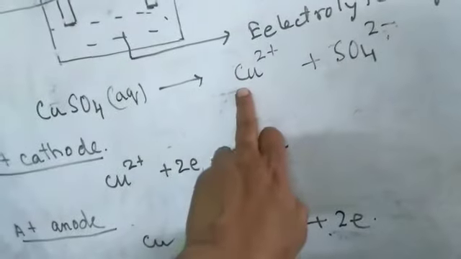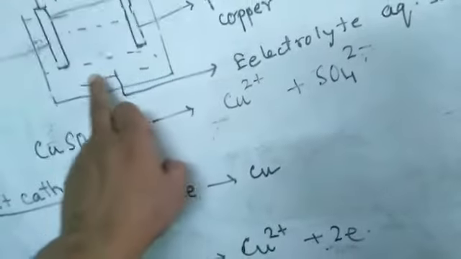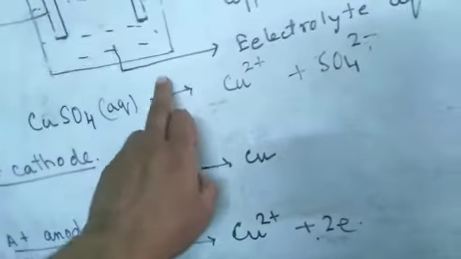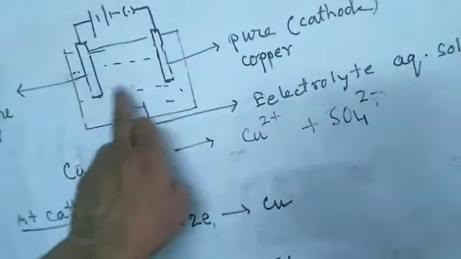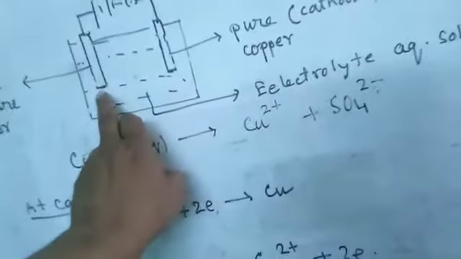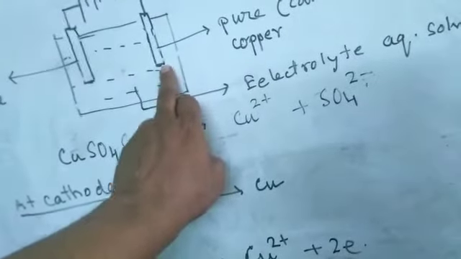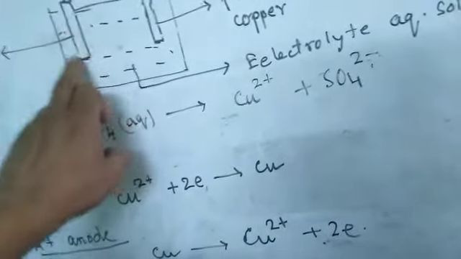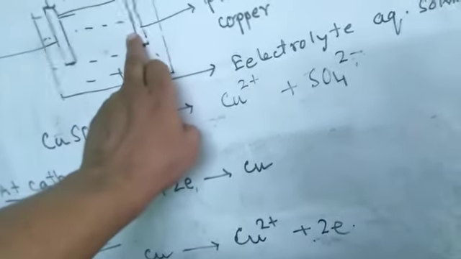Now the amount of copper ion deposited at the cathode from the solution, the same amount of copper ion comes into the solution from the anode. So the copper sulfate solution concentration never changes, but the anode gradually decreases in volume and the cathode gradually increases in volume. So pure copper is transferred from the anode, while the impurity present inside the anode stays behind, and only pure copper is transferred to the cathode.